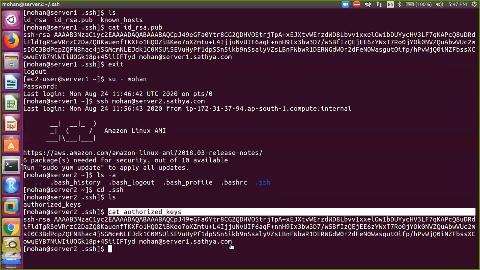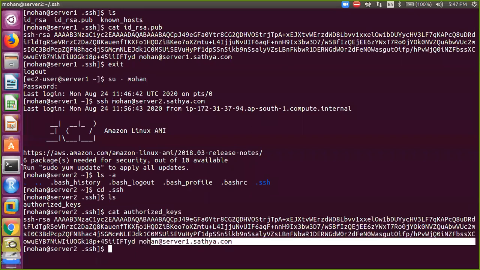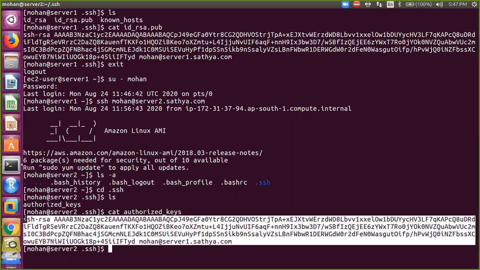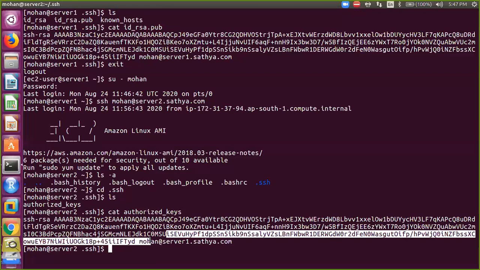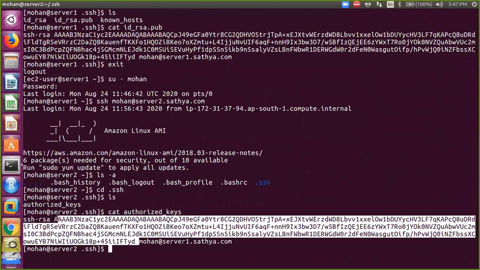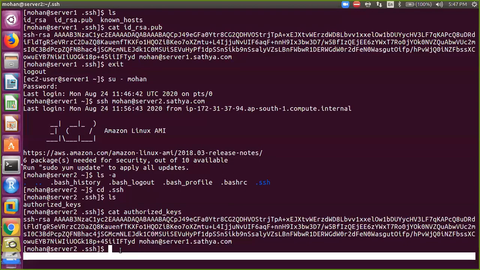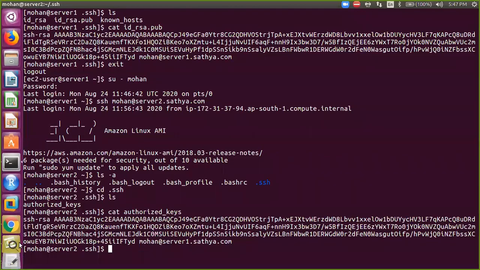Okay. So this key is of whom? mohan@server1.satya.com. So on this server for the user account Mohan, this is the key that it belongs to. Clear, sir?